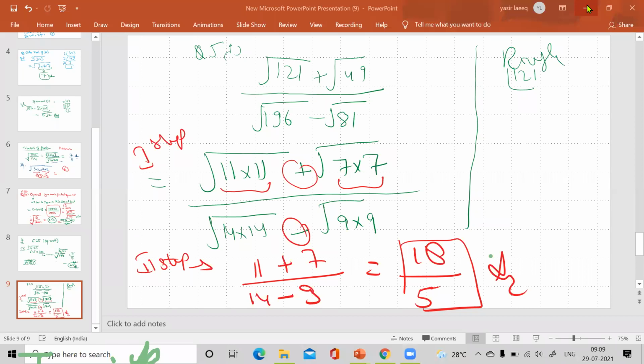Yes, beta. Okay, please connect for 5 minutes for the next meeting if the meeting gets over. Sir, I have taken out prime factorization of 256 and 81. So now I will make pairs. Yes, beta. Remember, make pairs of 2 because we are finding the square root. Yes, sir.